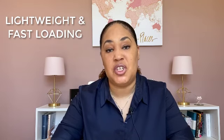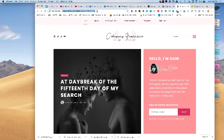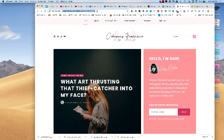Those are the 5 main browsers. And so your theme should be compatible across all 5 of those and across the varying versions of each browser. The theme itself should be lightweight and fast loading. If you're looking at a specific theme and you want to know if it is lightweight and fast, you can